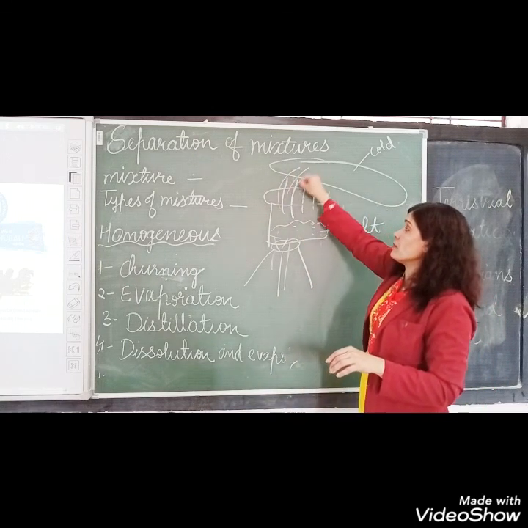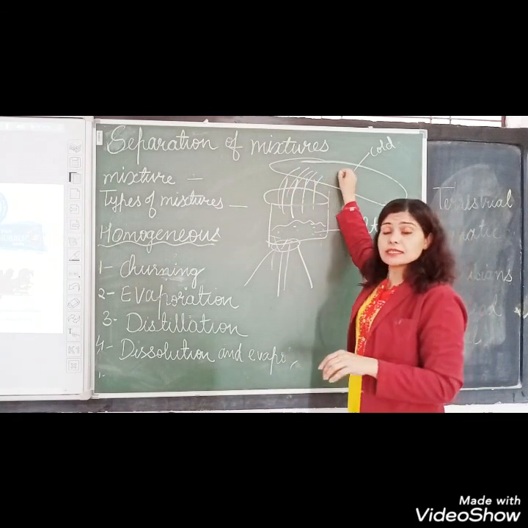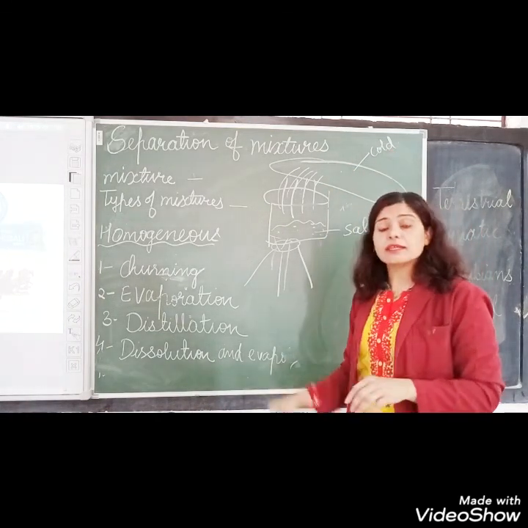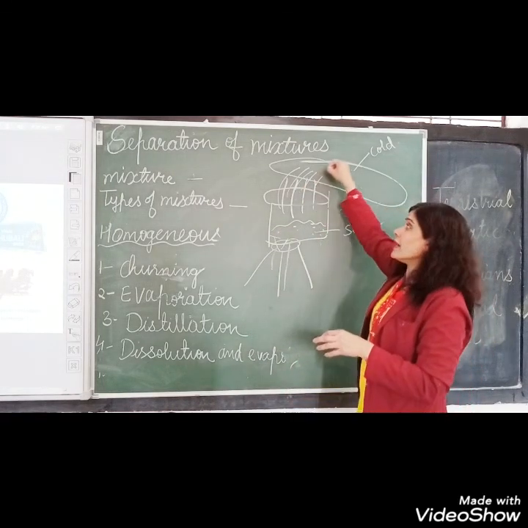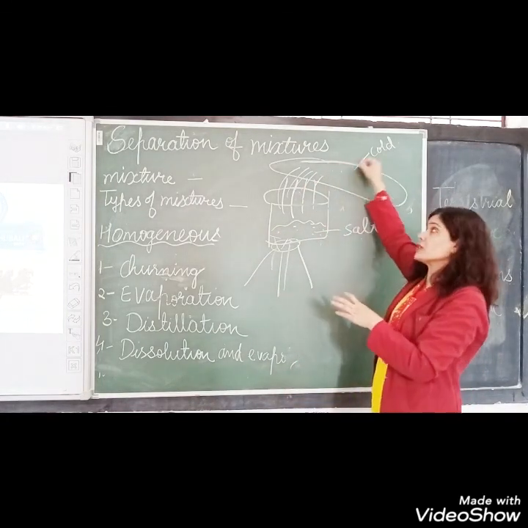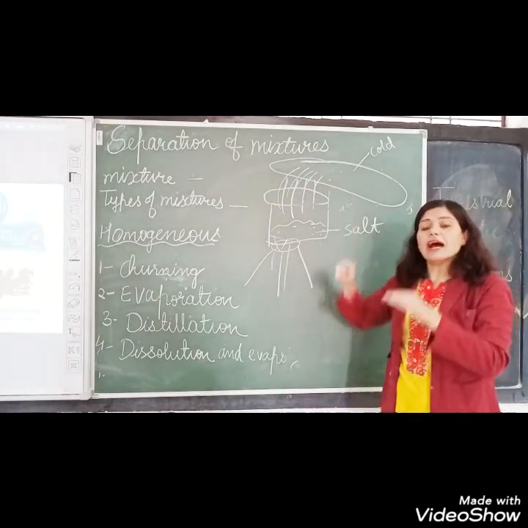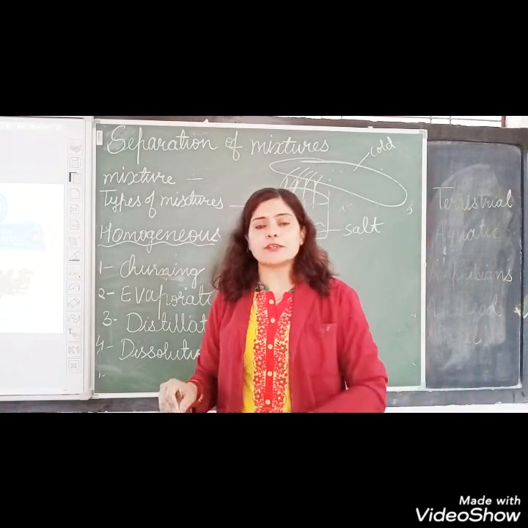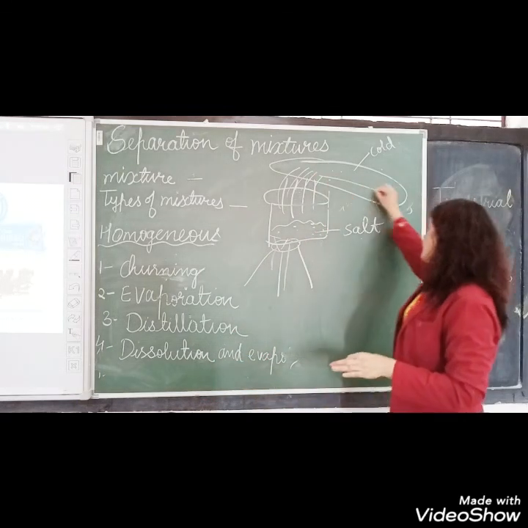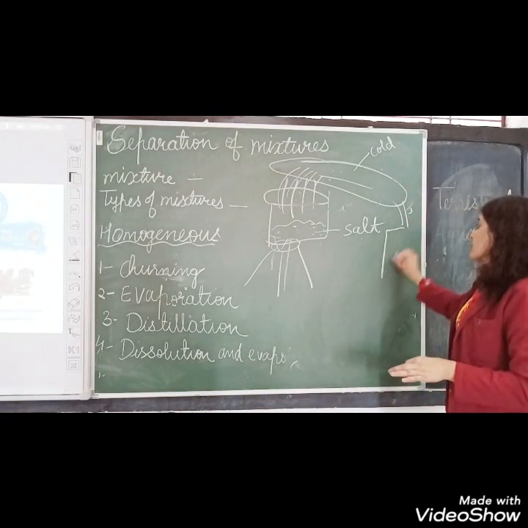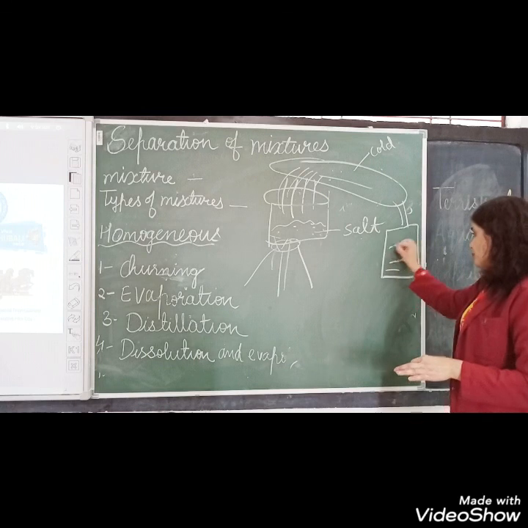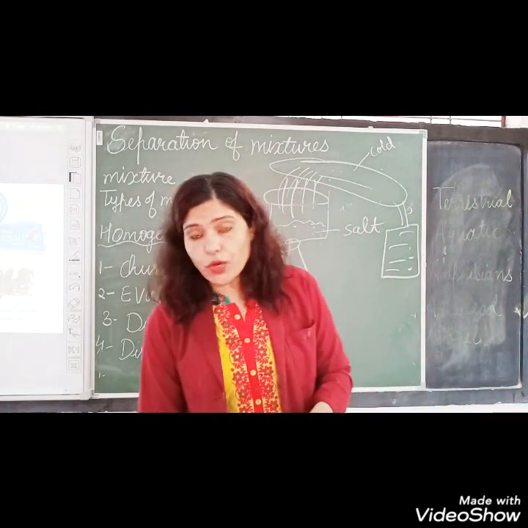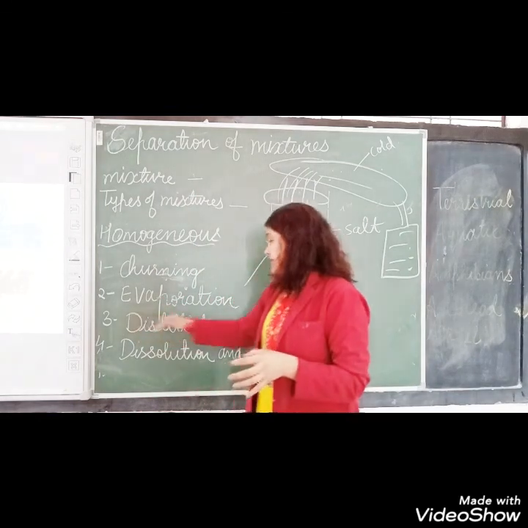Again all these vapors go and collect in this condenser. That condenser is known as cool jacket, and when these vapors come in contact with this cool jacket, they condense and these vapors are converted into water, and again this water is collected in another jar. Okay, what is the use of distillation?